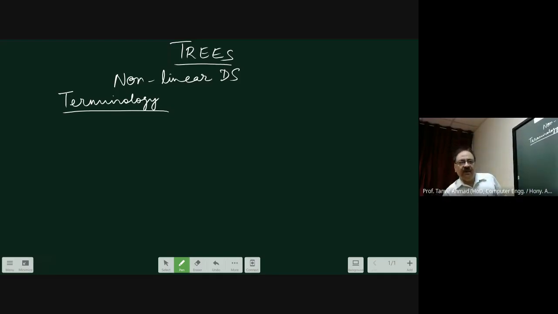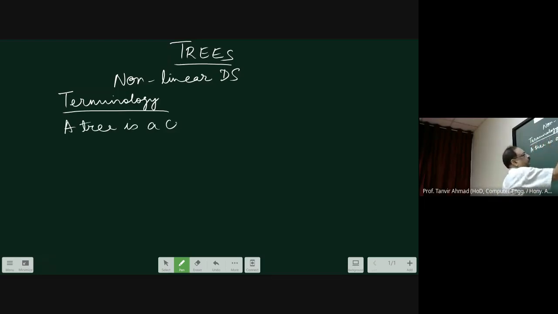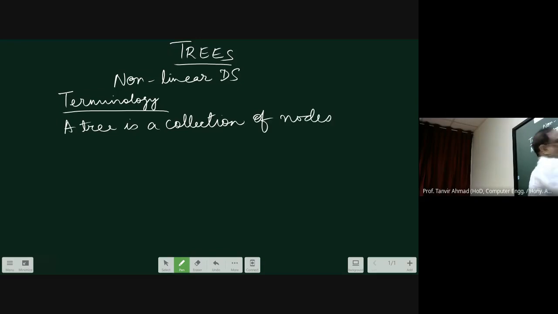It means that you have to come up with the definition. Now, a tree is a collection of nodes.